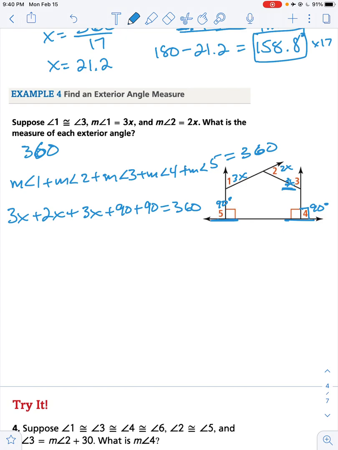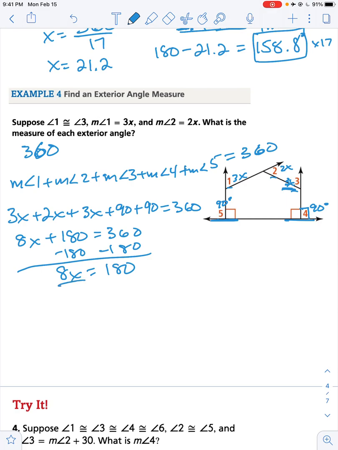So now I just do the math to figure out what the x is. Once I figure out what the x is, I can figure out angle 1, 2, and 3, which are my missing angles. So then combine that, that's 8x plus 180 is equal to 360. I subtract 180 from both sides. I end up with 8x is equal to 180. Divide both sides by 8. And now I divide 180 by 8. So x is equal to 22.5,